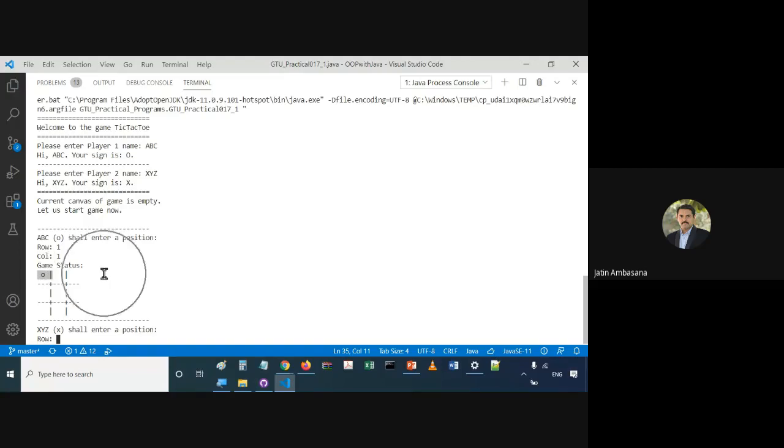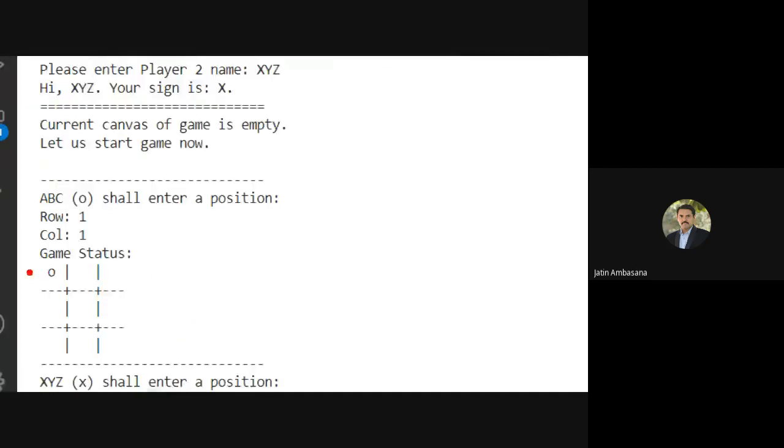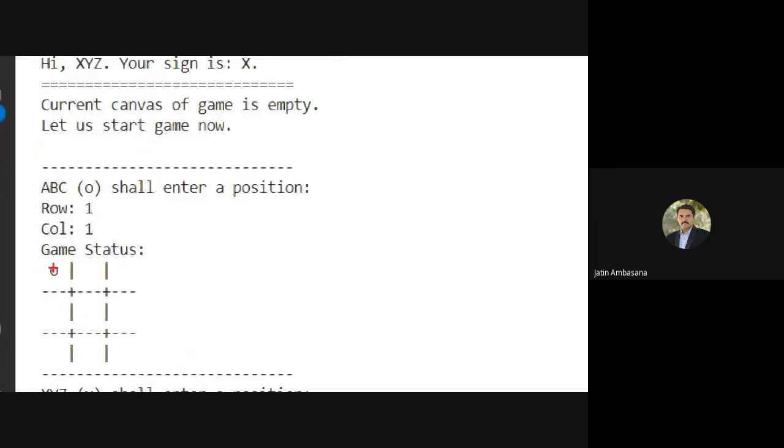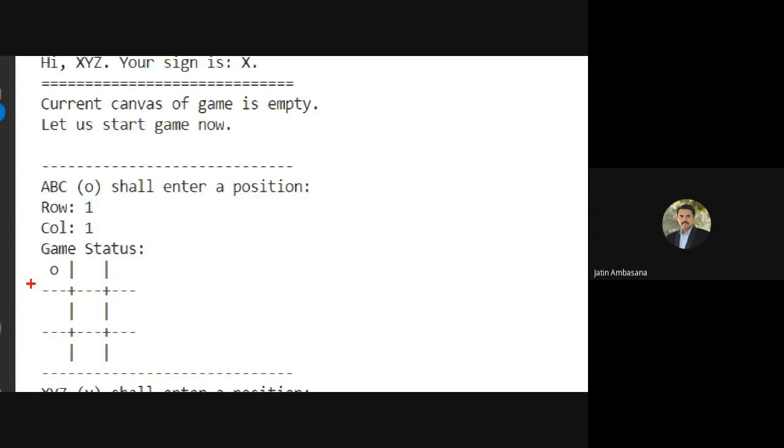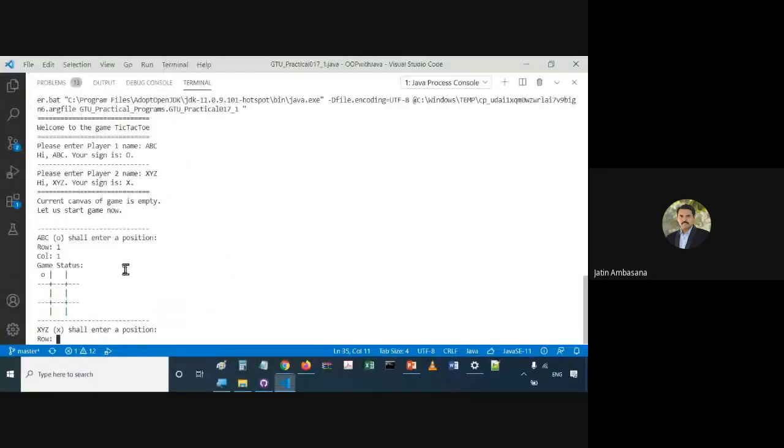Here 0 comes, so you can see over here that this is the column separator. All these are column separators, right? And this is one, and this is another row separator. These two are row separators. So you see, we want to show the tic-tac-toe board like this only. That's why it has been displayed like this. You see that? Because we are not using graphics, we are using text characters. We'll use graphics in the next program.